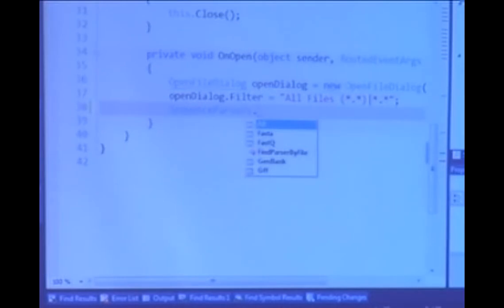Now, if you build your own parser, you won't see a new property magically show up in this class. It can't do that. But what you will see is your parser will show up in the All collection. So it'll be dynamically discoverable, but not statically or compile-time discoverable like this is. And then, of course, we have our FindParserByFile.